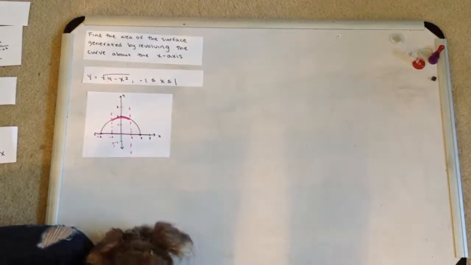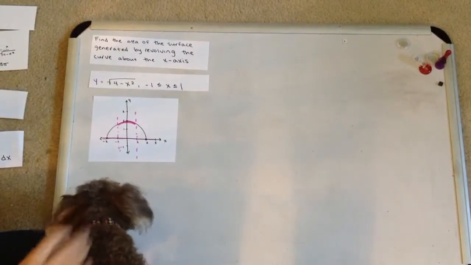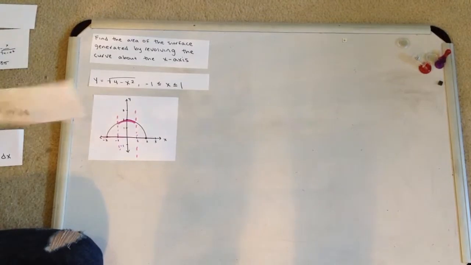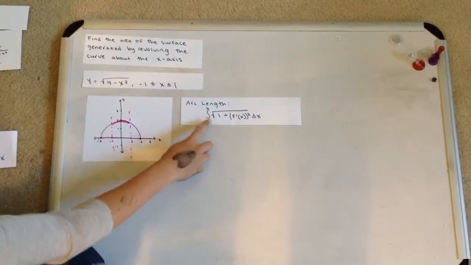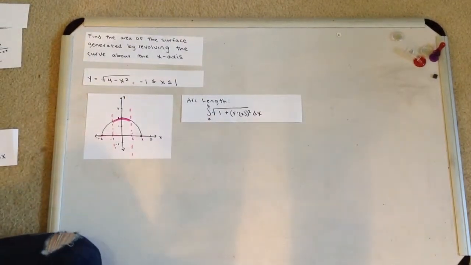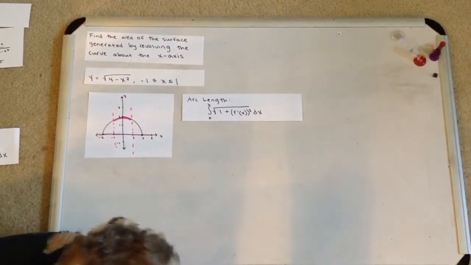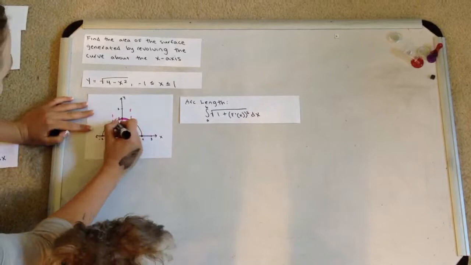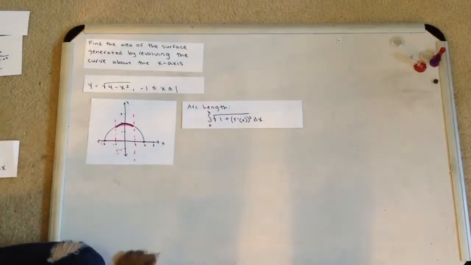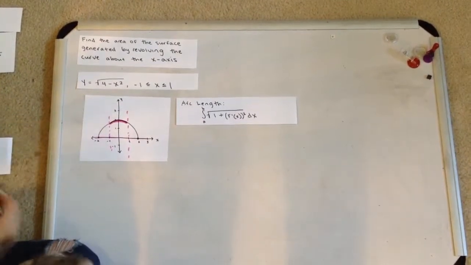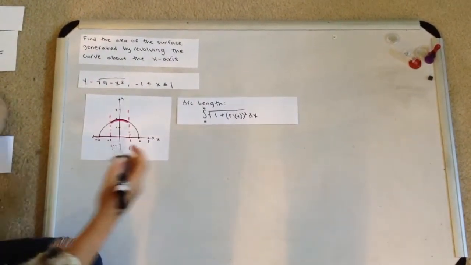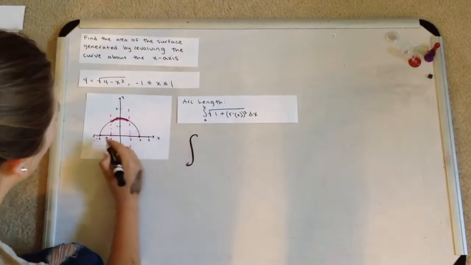Now, you should know that the arc length formula is the integral from a to b of the square root of 1 plus f prime of x squared dx. That is just finding the distance from here to here. In this case, the distance from -1 to 1 would be the integral from -1 to 1